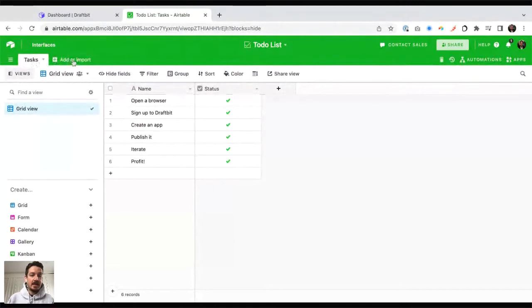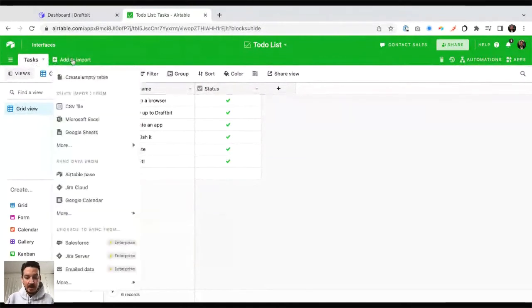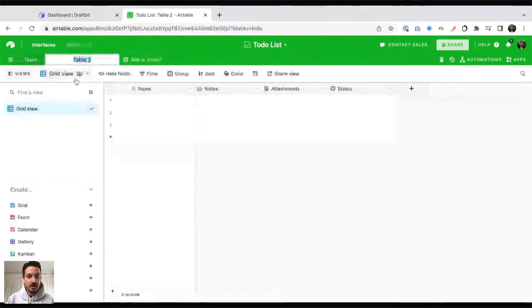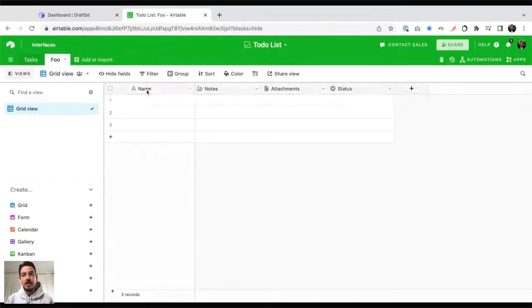I could create another empty table called foo, whatever it is, and you specify certain fields. So maybe each entry can have a name, some comments, an attachment, or a status. That's just an example of what you can do with Airtable if you're not familiar.